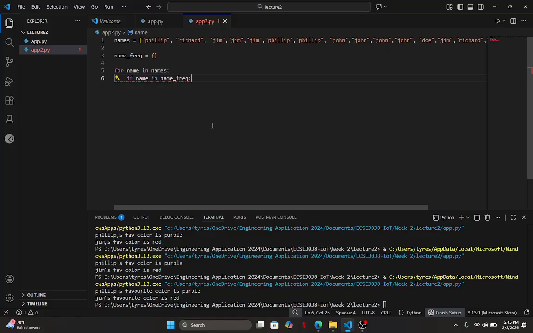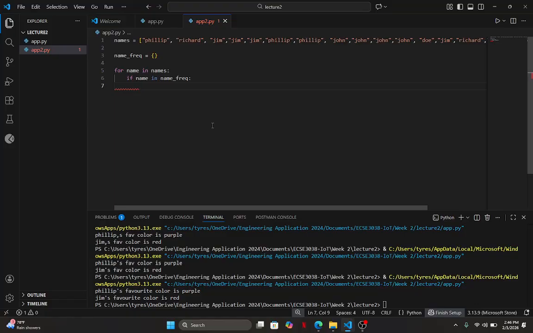What I'm doing here is checking to see if there exists a field inside of my dictionary that has the name of whatever that is. On first iteration, because this is empty, I'm basically saying, is Philip in this variable? On first iteration, it will not be in there.